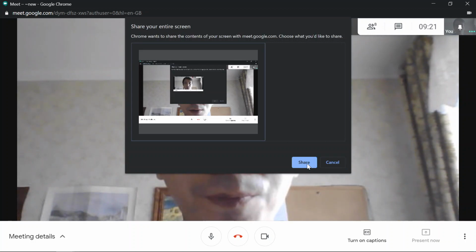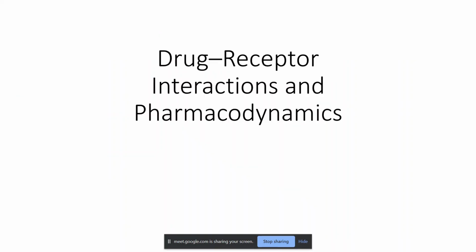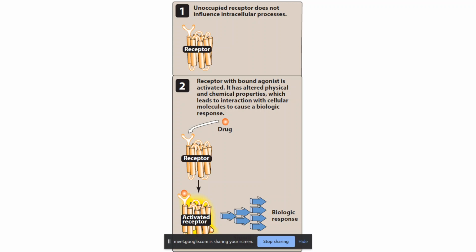So the receptor is usually located on the surface of the cell, and is a macromolecule that is usually a protein and has a large molecular weight. So this is a schematic picture of the receptor. This receptor has several subunits connected to each other. So it is a large protein,